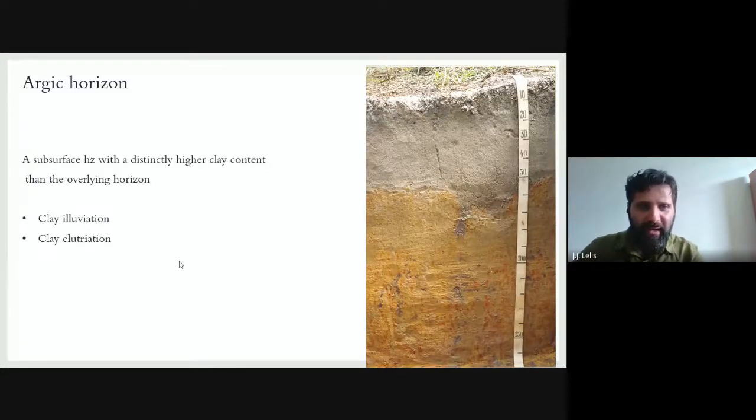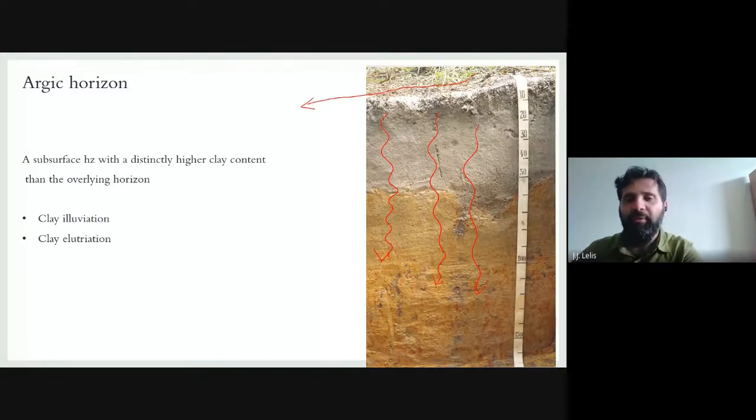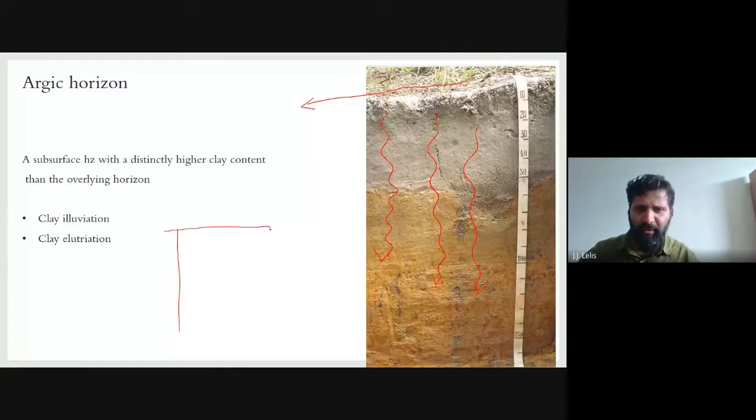What is clay elutriation? It's also the migration of clay. Again, clay is just moving on, but now clay is not migrating from the surface to the subsurface, but now the clay is moving in a lateral direction. How can we see this in the field? It's very easy. Think in this case,